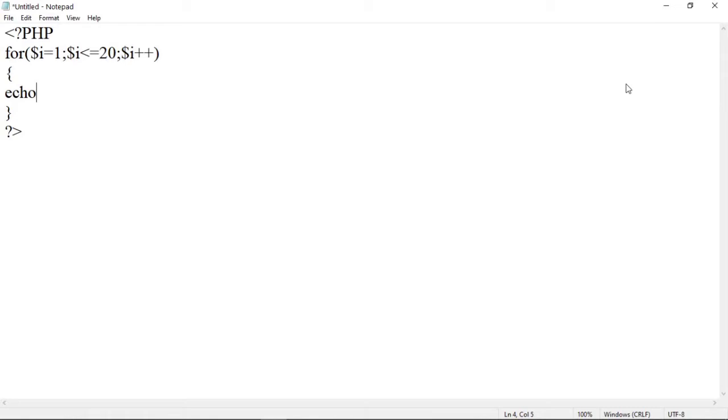To print or display the values, the echo statement is used. So echo "the number is", and here add the value.